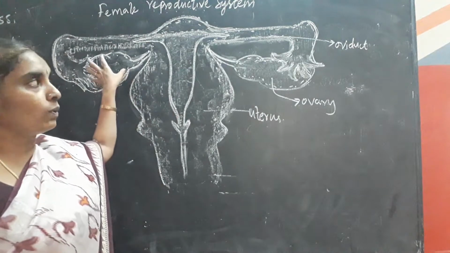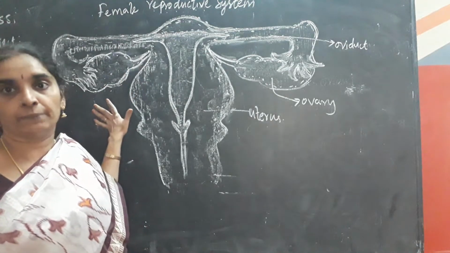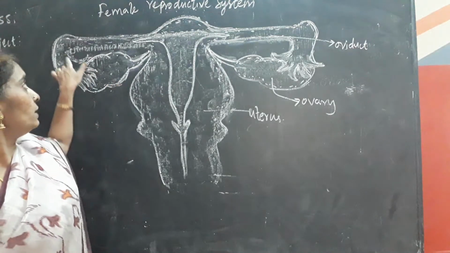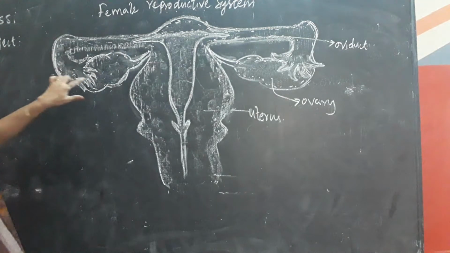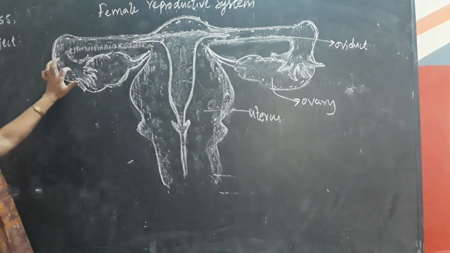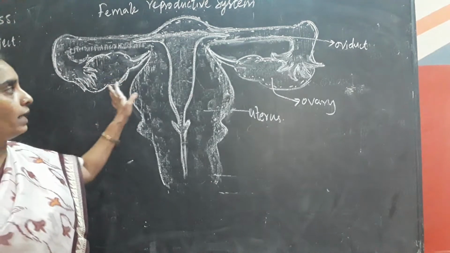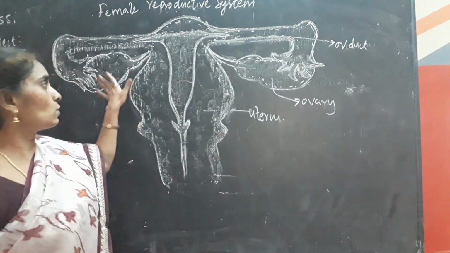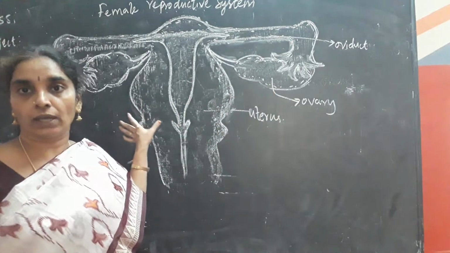The ovaries are the female reproductive organs which release ova every month. They are passed into the fallopian tubes. These are funnel shaped fallopian tubes or oviducts attached to the ovaries, present just below the hip region on either side of the uterus. These ovaries release the ova every month in the body of the female.